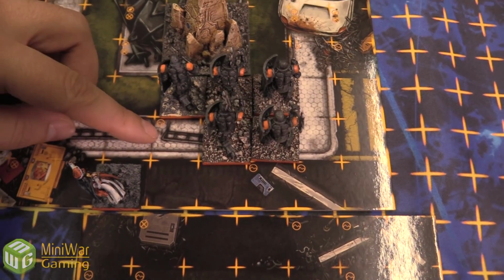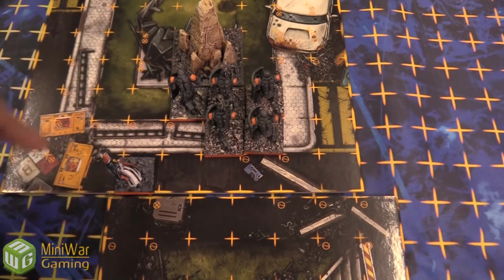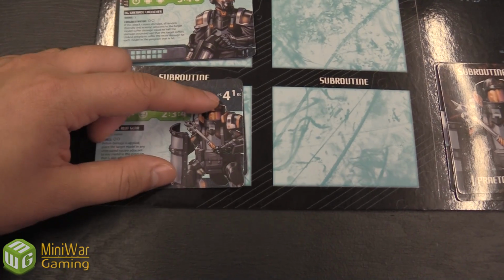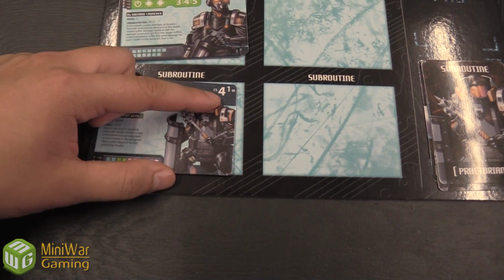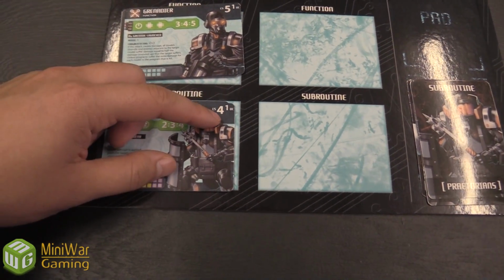And just to note here, that little resistor there, it doesn't cost anything to move out of it, it only costs to move into it, so it would still be 1 CS to move out. So the Praetorians have a total of 4 cycle speed and then 1 for overclocking. What I'm going to do is, because I spent 1 to move them, I have 3 left plus 1 for overclocking. I'm going to use the 3